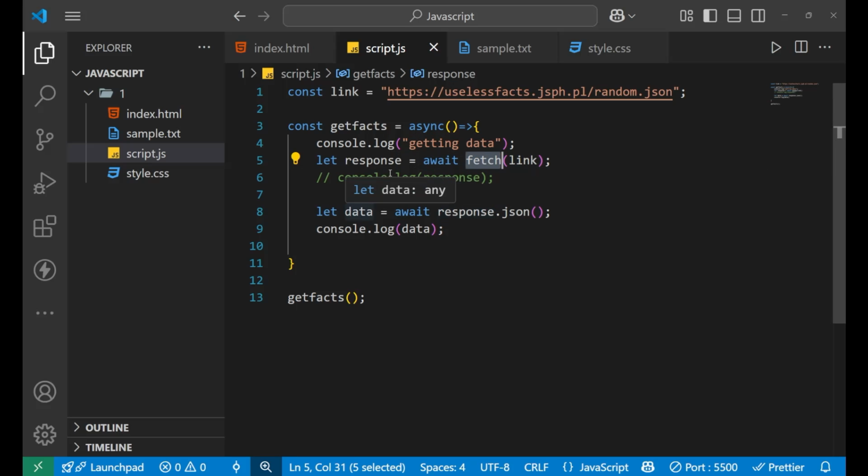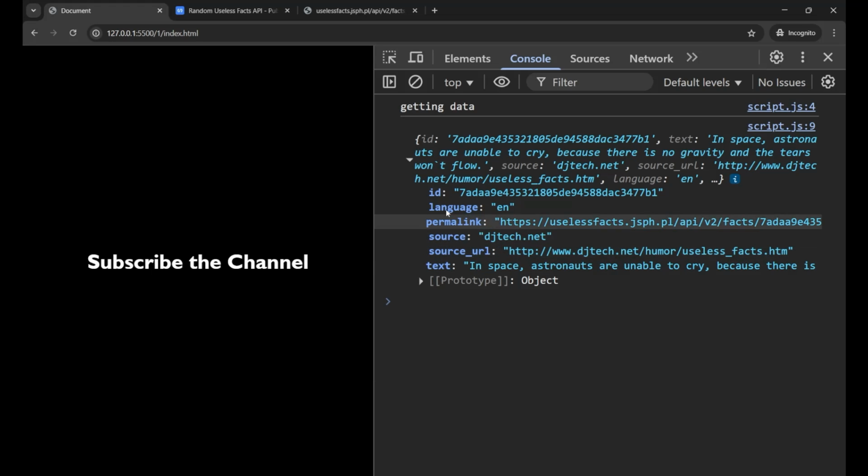After getting all the responses, we will convert them into useful information using the json method, right? So this is how you get all your information from the API with the help of the fetch keyword, and this is how you fetch your API, right?